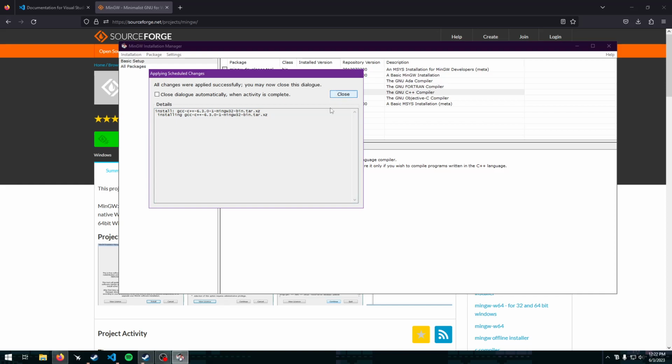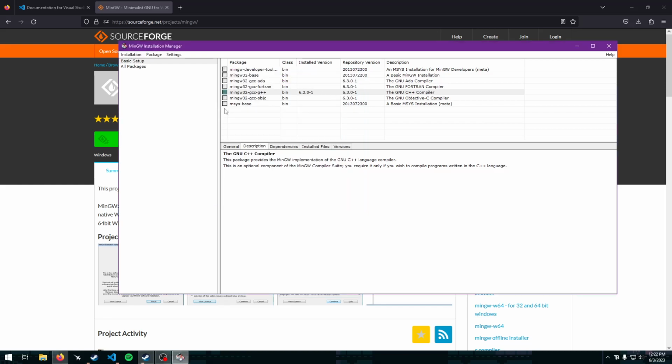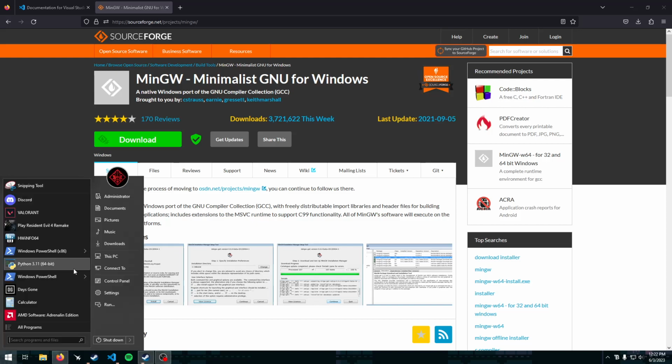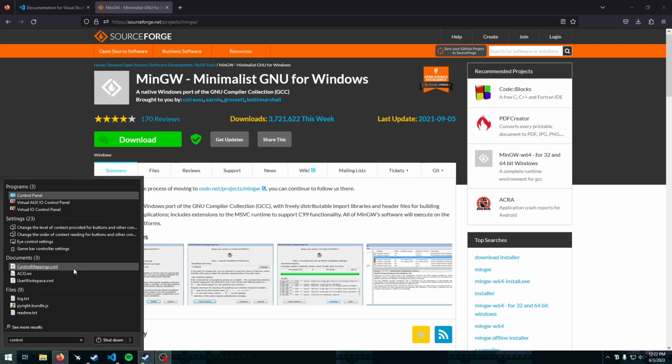When that is done, you can close out of it. It will take more time than what it took me here. Now this should be green. When it is green, you can close out of it. The final part would be to add MinGW to the environment path so we can run it from a command line. So to do that, open up control panel,